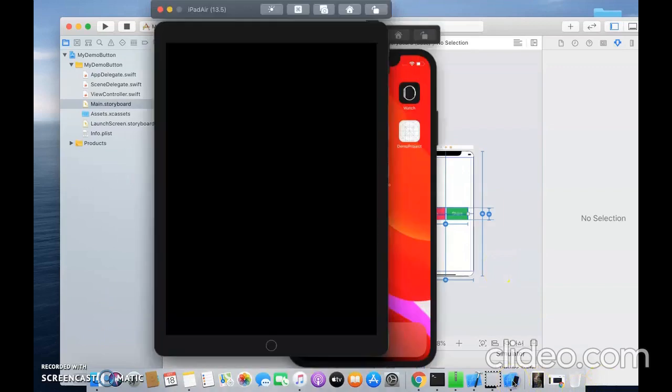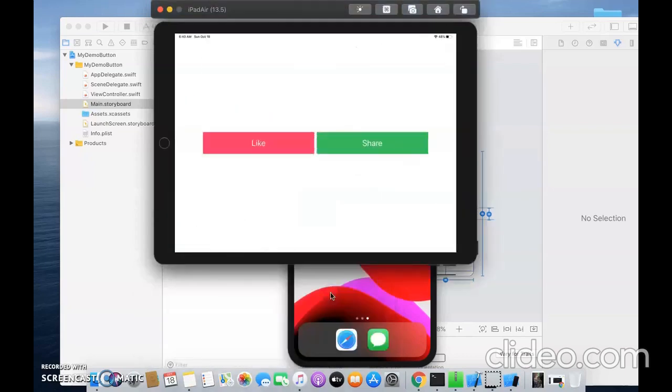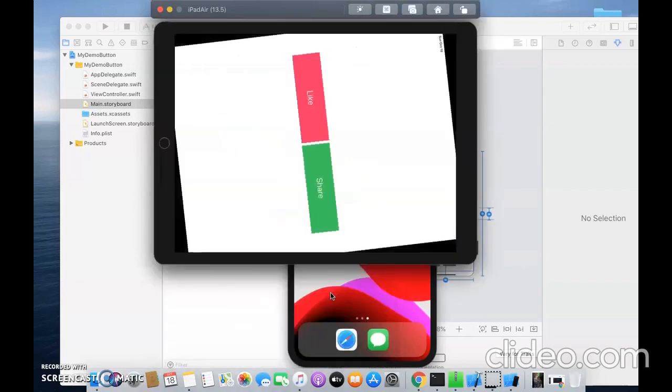So you can see the iPad Air is launched, and now we will see our project for this. So this is iPad Air. Our project is looking nice in iPad Air. The buttons are aligned properly and the height and the width of the buttons have been multiplied according to the size of the screen. So it is looking very nice. Now we will rotate our device, pressing the window plus arrow key. Now it is also looking nice for different device orientation.